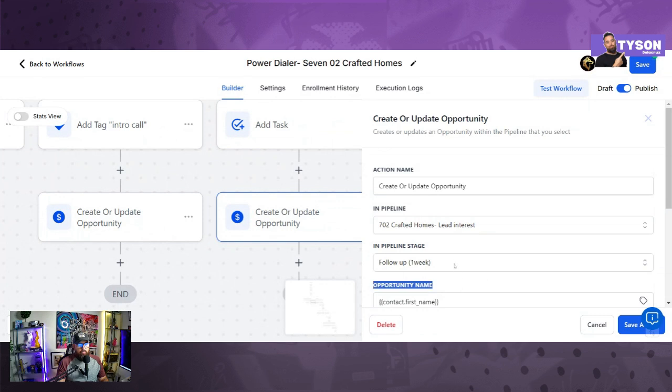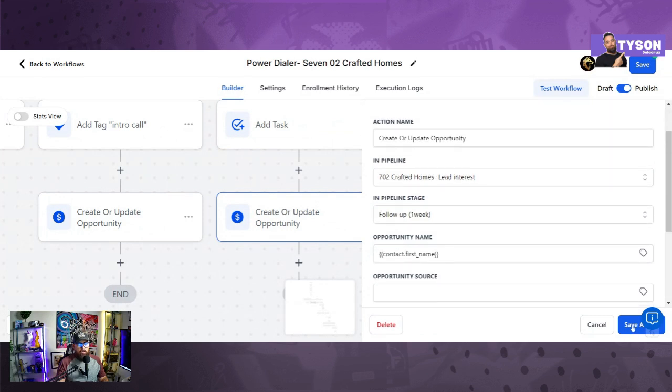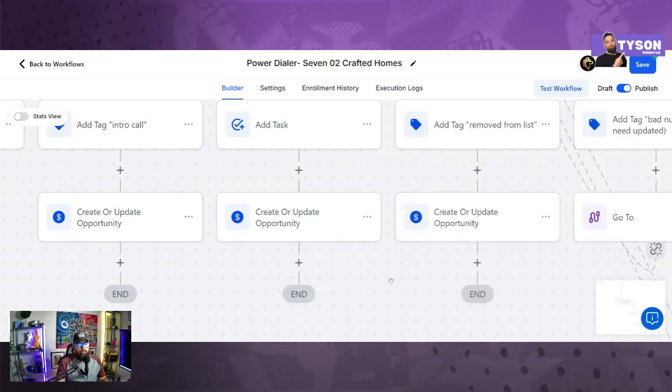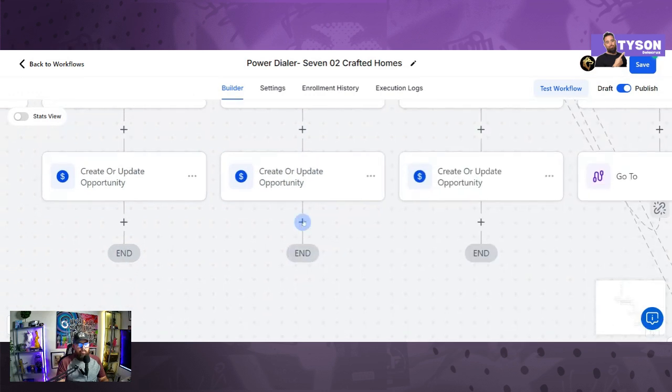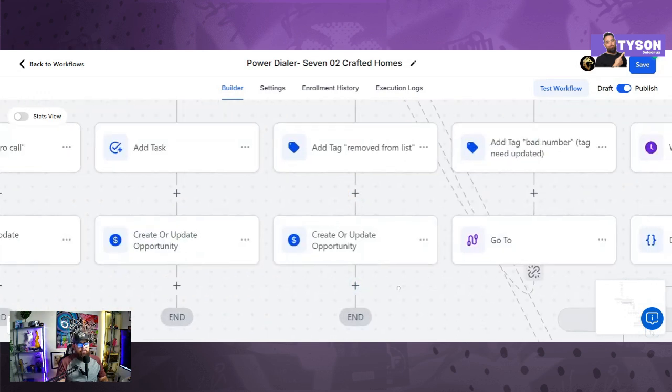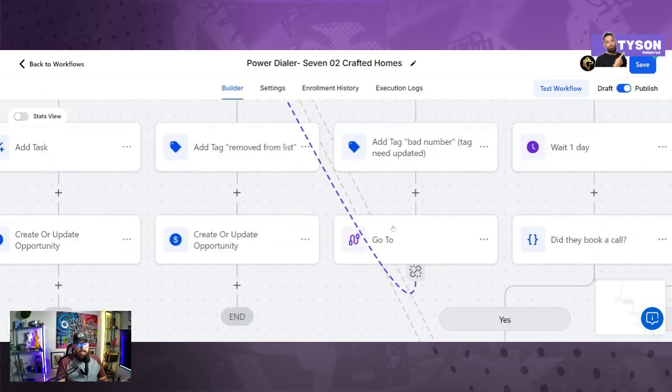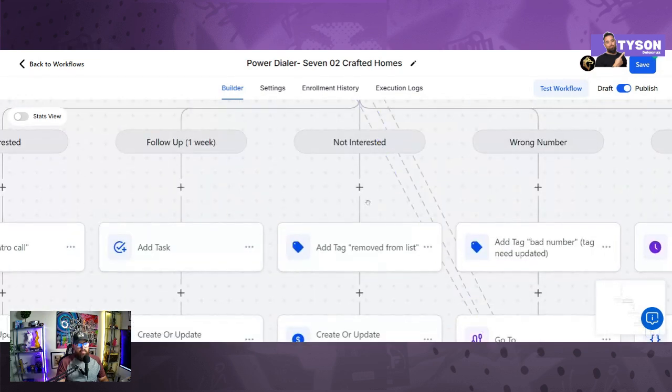Follow up in 1 week. I created opportunity, follow up in 1 week, save. And from here, you can add them to another workflow that is follow up in 1 week and place it in another dialer. If it's the bad number, I added a go to,